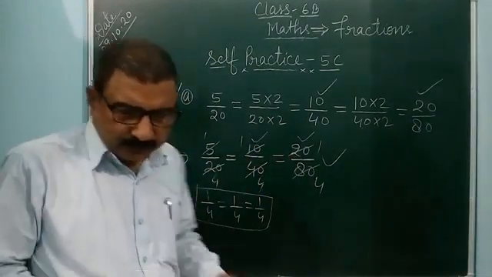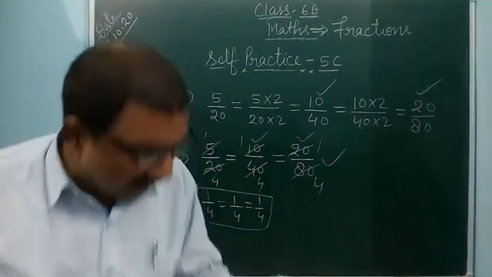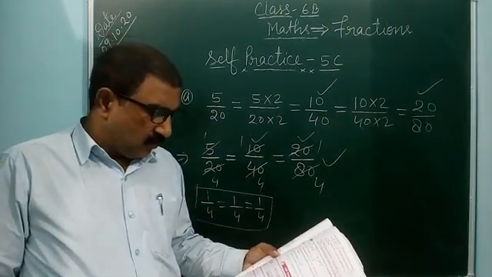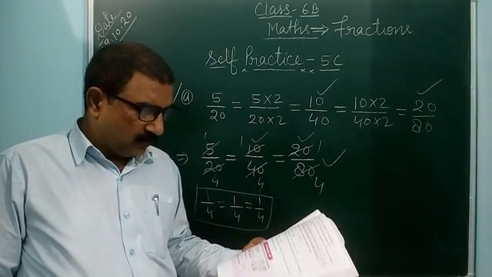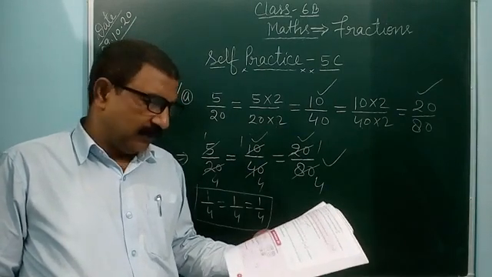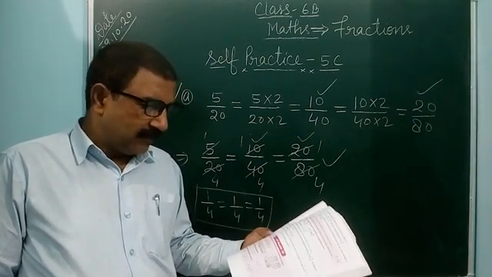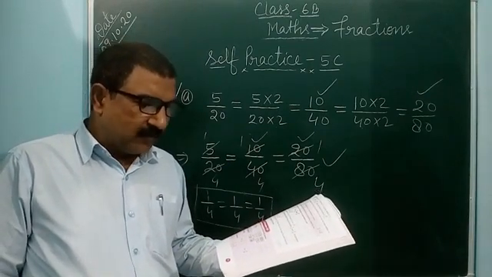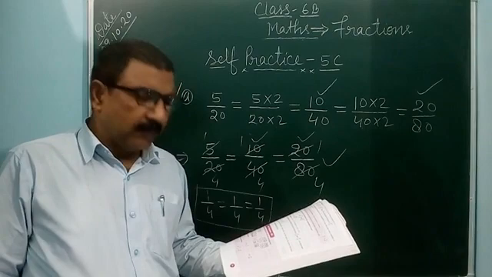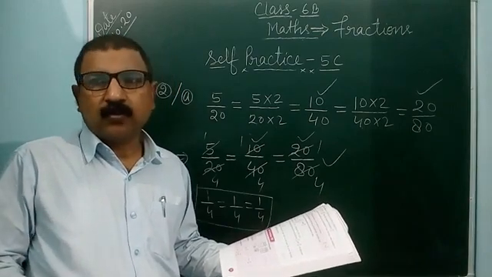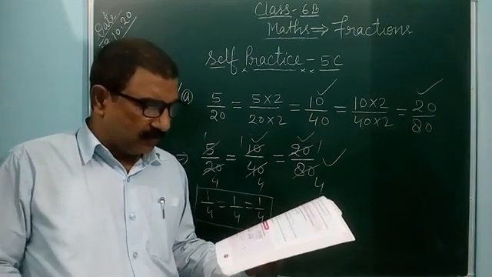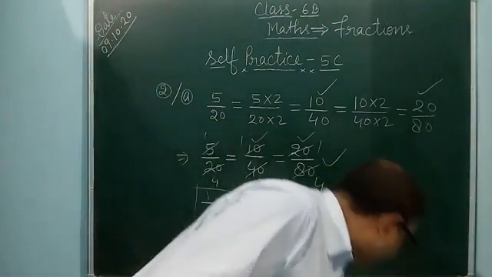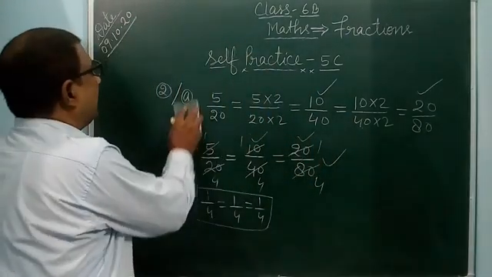Like that you can find out for all the others: question B, C, D and E. You can also find them by dividing if the numbers are big. So you can divide also like that. Question number E I am explaining. Question number E, you see first E, second E.